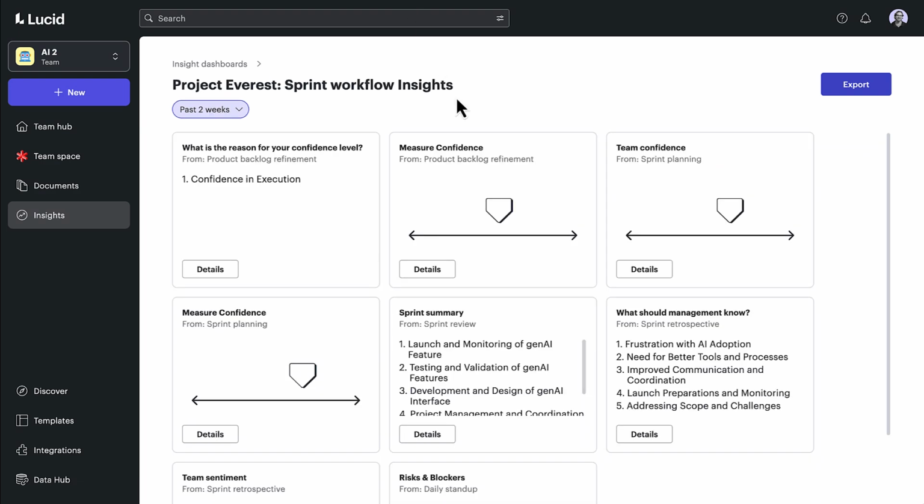So now you should have a good idea of what insights are, how to join in, and how to check your team's results so that you can see how your feedback fits into the bigger picture. This is going to help you spot trends, track progress, and also see the impact that you're making with your team. So the next time you're in a blueprint and you see that insights icon pop up, feel free to jump in,